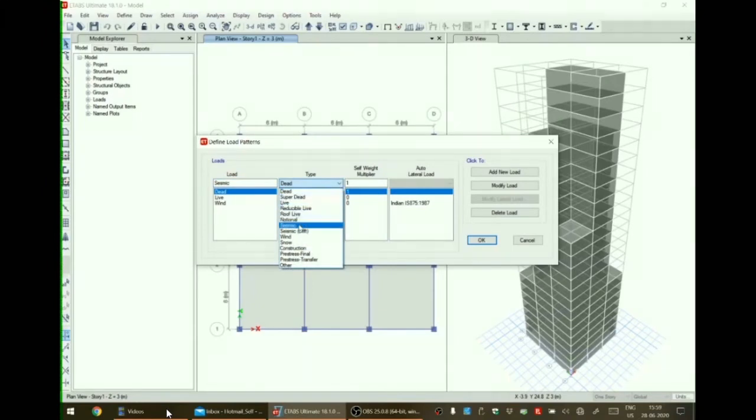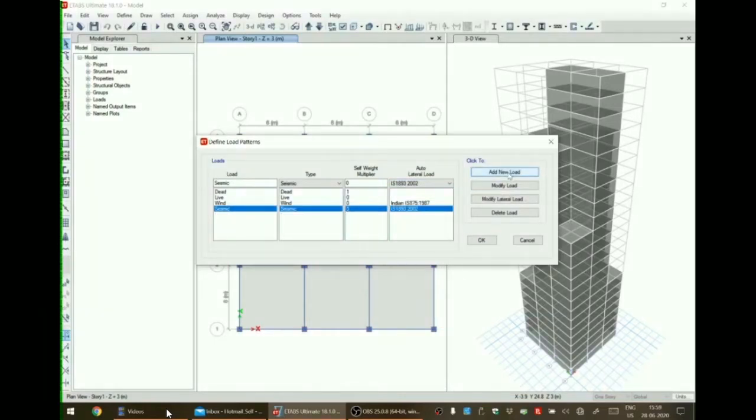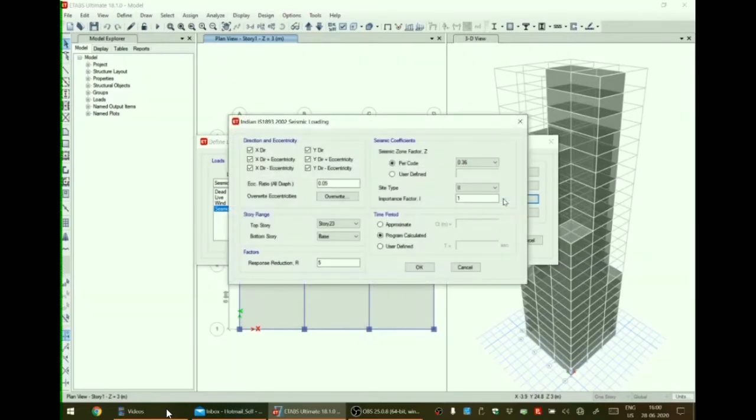Load type will be seismic. Code will be IS 1893 2002. Now click on add new load. The load is defined. Now click on modify lateral load.